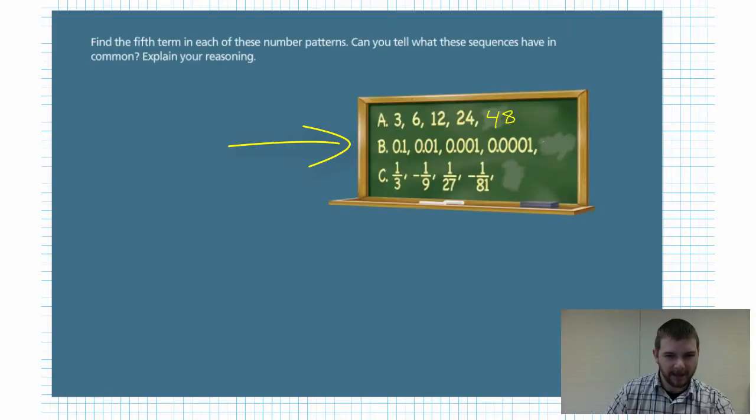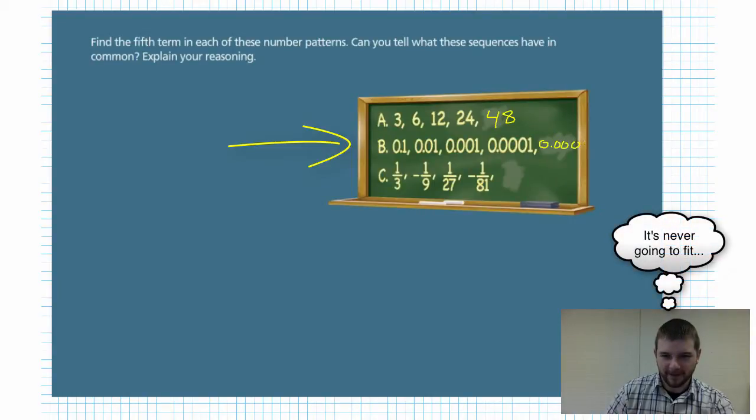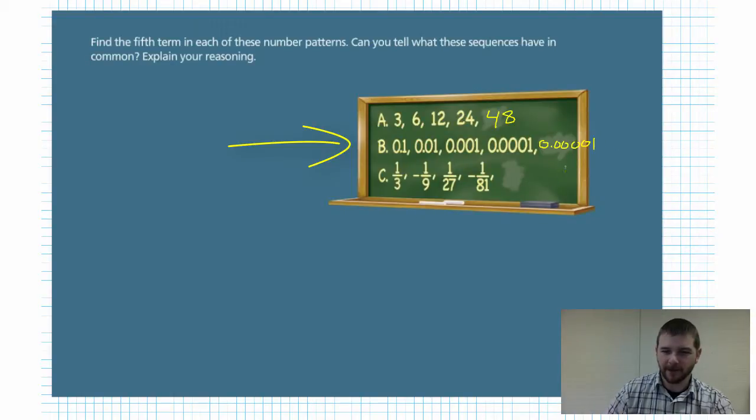And so our next term, first, second, third, fourth, our fifth term would be, trying to squeeze it into the space provided, 1, 2, 3, 4 zeros, not going to fit. 1, 2, 3, 4 zeros and a 1. So it'd be 1/100,000th. And C, 1/3, -1/9, 1/27th,